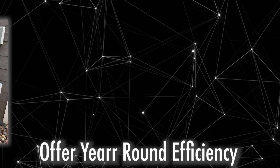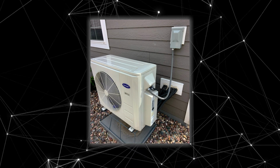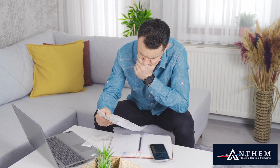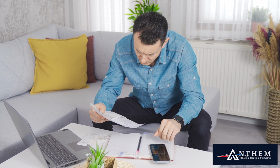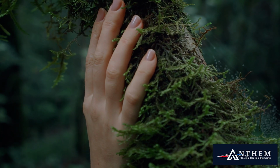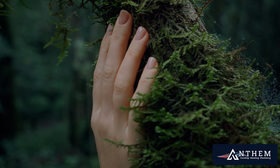First, they offer year-round efficiency, providing both heating and cooling from a single unit. They're especially efficient in our climate, maintaining consistent performance throughout the year. According to the U.S. Department of Energy, heat pumps can reduce electricity use for heating by around 50% compared to electric resistance heating. Heat pumps are also environmentally friendly, as they don't rely on burning fossil fuels, which reduces your